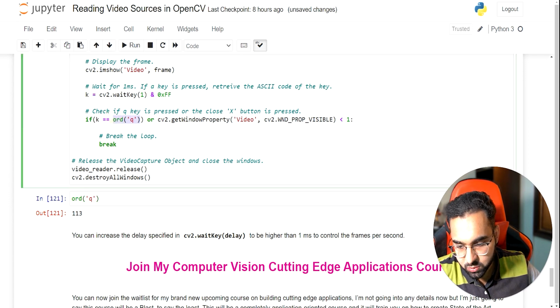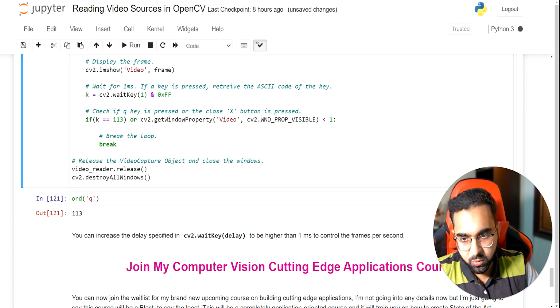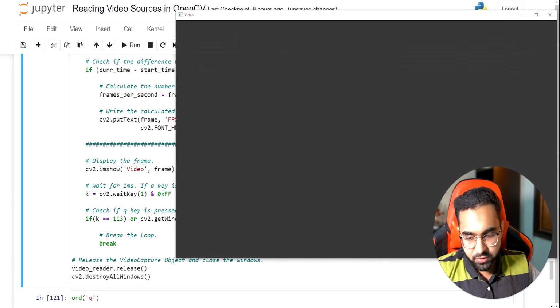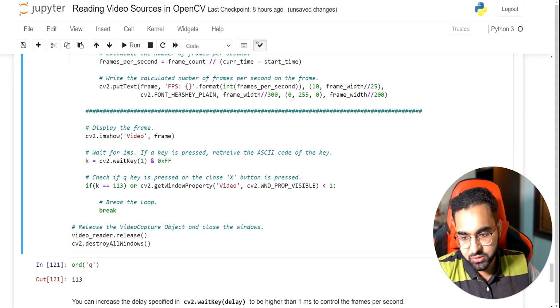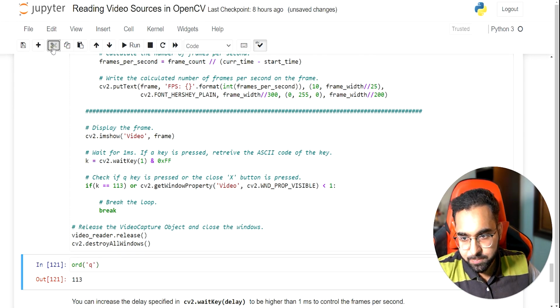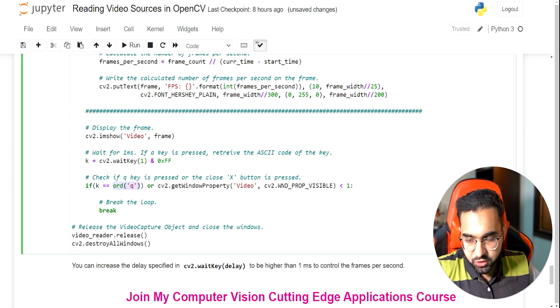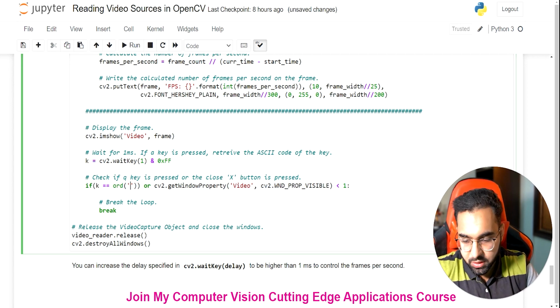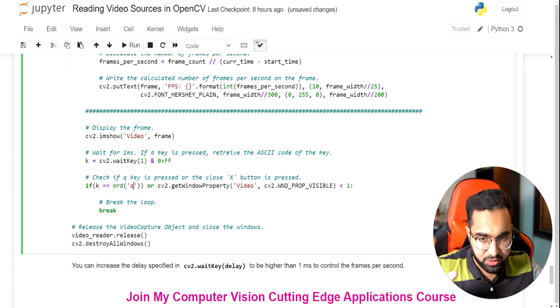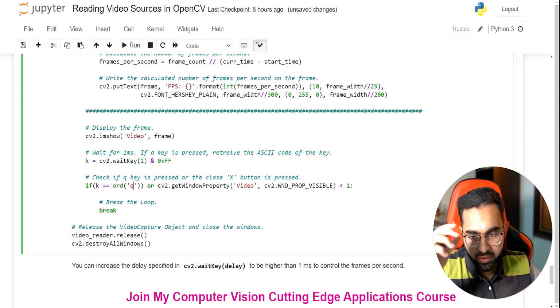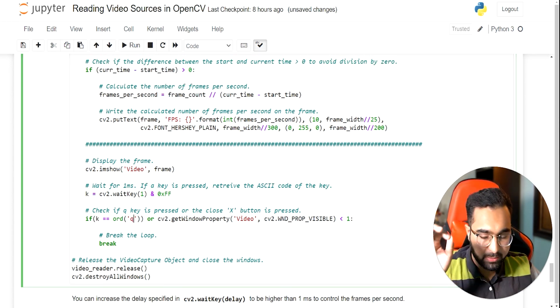I can just replace this with 113 and it will work as before. If I press the Q button, it exits as it should. So this is how you exit out of the loop whenever someone presses a certain keyboard button.